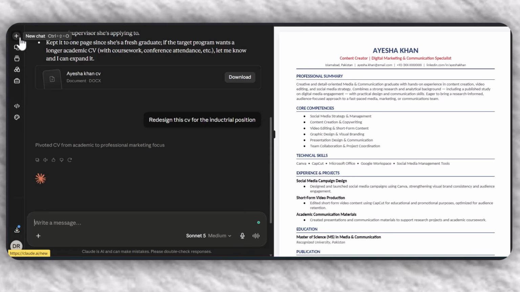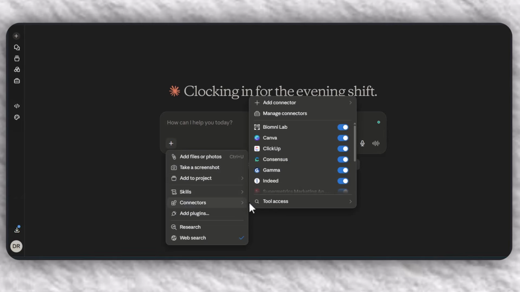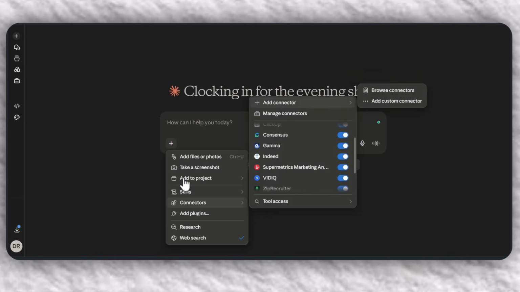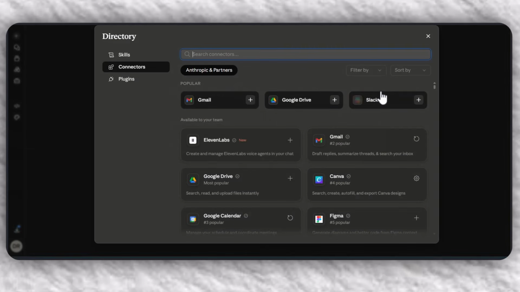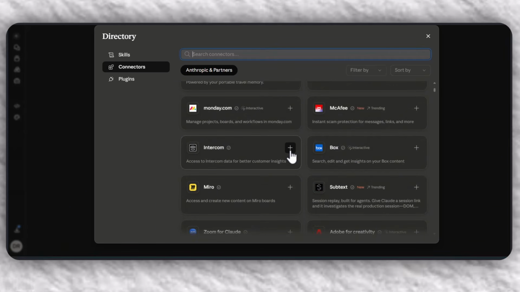Now, before ending this video, I'm going to show you how you can use its connector feature to find different positions. As you can see, I have connected Claude with Indeed, and you can even connect it with any job platform like LinkedIn, where your data and your personal resume are also available and all your professional activities are on record. To add the connector, you just have to press on connectors, then add connector, and then browse connectors, and it will take you to another page where hundreds of connectors are available, and you can connect any just by pressing the plus button,